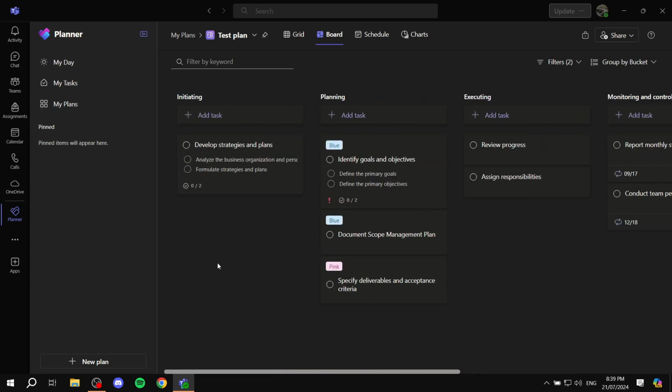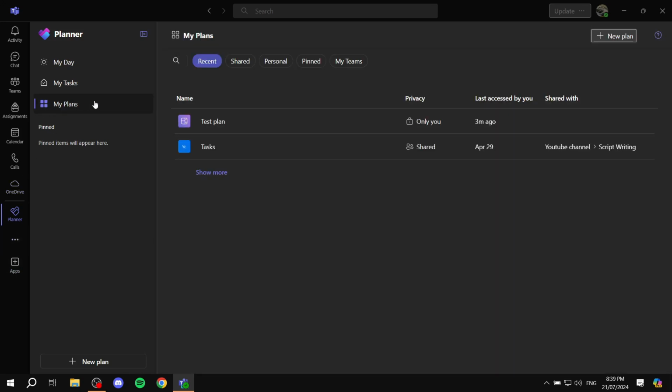And we can again just go ahead and create a new plan. And to find all the plans that we have just created, we can just go to my plans here, and we can find them all in here. So this is pretty much how to use the Microsoft Planner